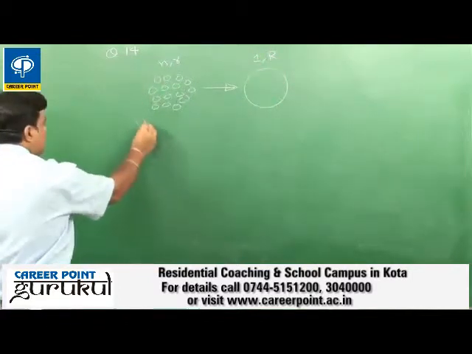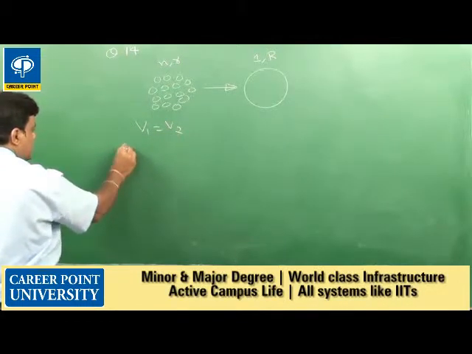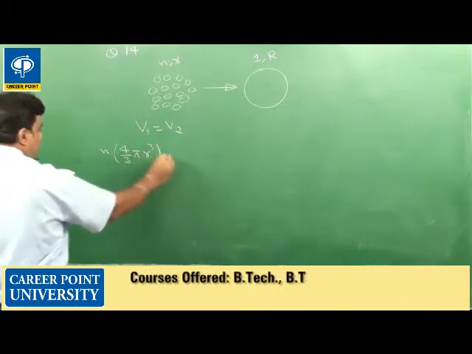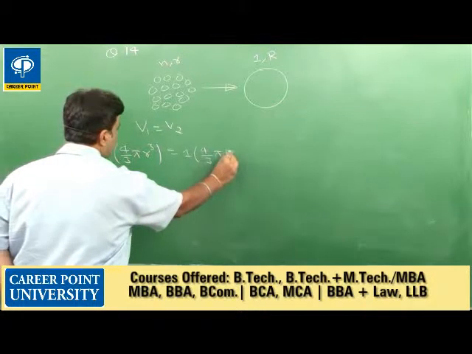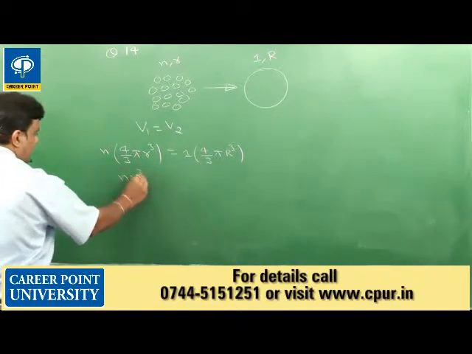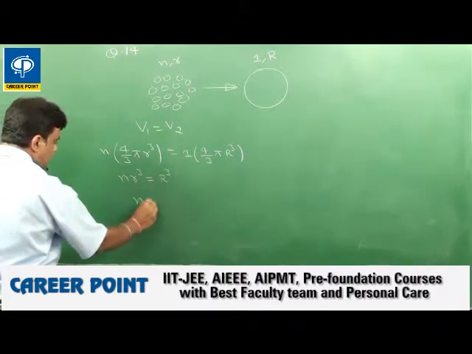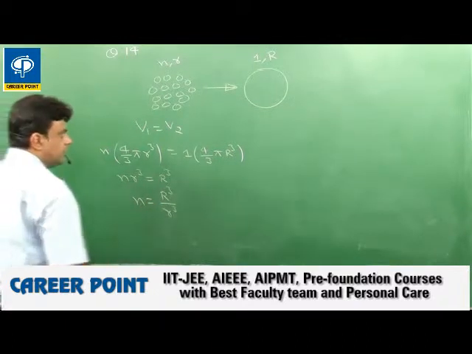In this process, the volume of the droplet is the same. Now the volumes become equal. Initial volume of the drops is 4/3 pi r cubed into n. Final volume of one drop is 1 into 4/3 pi R to the power 3. Now the relation between n and r: n into small r to the power 3 is equal to capital R to the power 3. So n is equal to R to the power 3 upon r to the power 3.